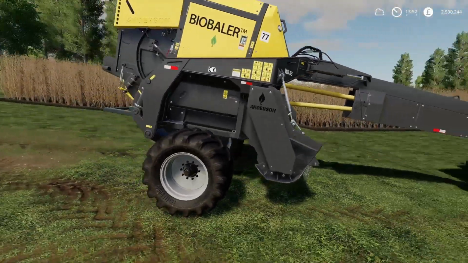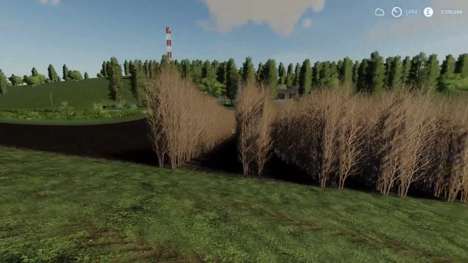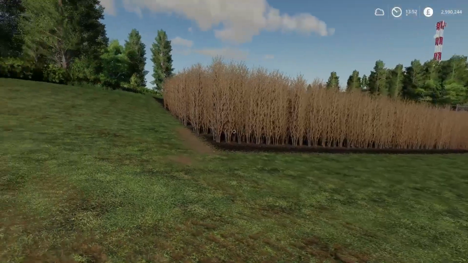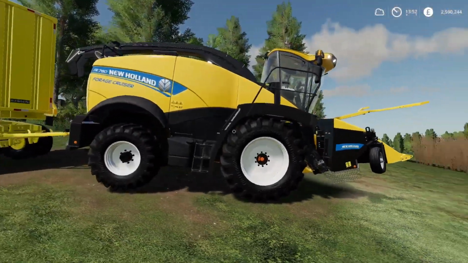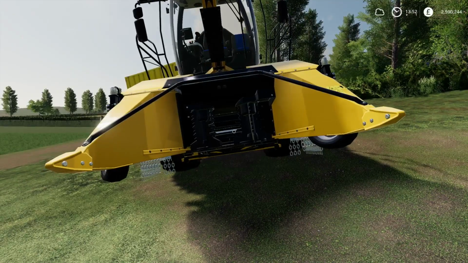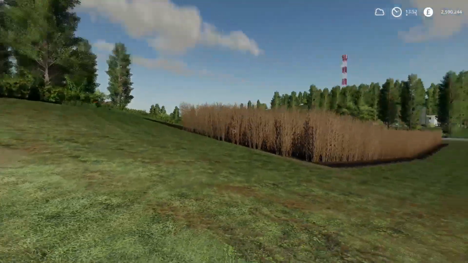But the other thing I wanted to check was to see what we're getting off here. So I've got 8 rows of poplars set up, and they're fully fertilized, and it was all ploughed, so we should get the maximum out of it. And then we have the New Holland FS19 with the poplar chipper on the front there,